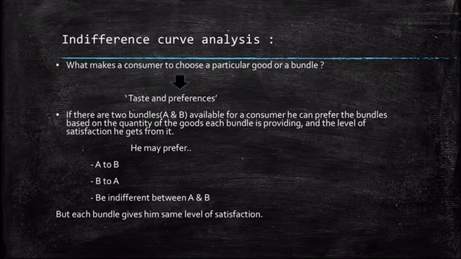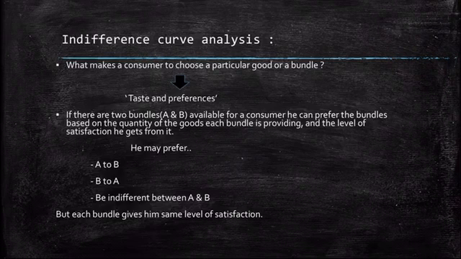A rational consumer may have different choices while choosing between bundle A and bundle B. What are the choices he may have? He may choose A to B, which means he may choose bundle A against bundle B. Or he may choose B to A, which means he may choose bundle B to bundle A. The reasons may be different